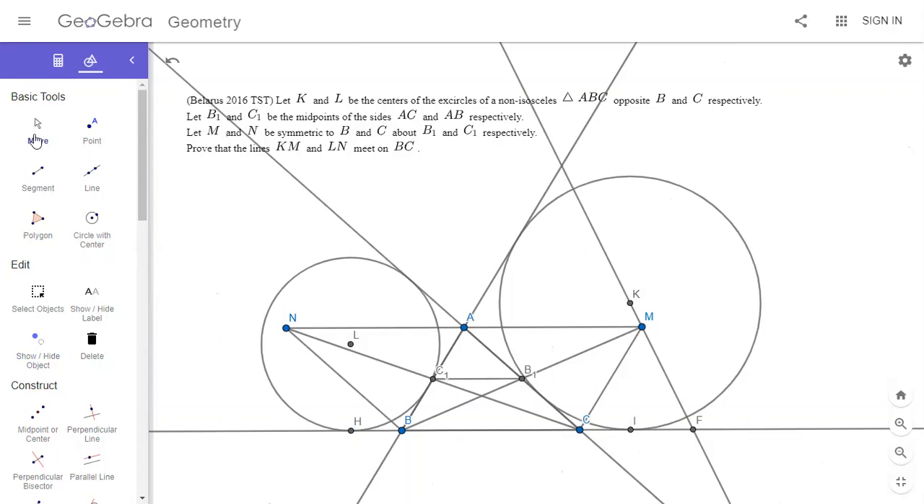So L, A, and K are collinear. L, A, and K. Yes. So L is the center of this circle, K is the center of this circle. Ah, yeah, I got you. So really, if we want to show,